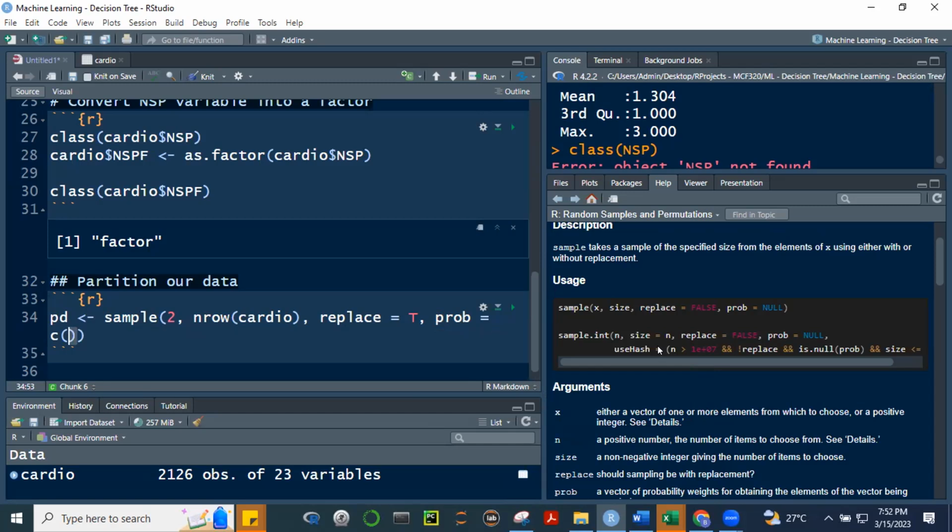Since relatively okay naman tong size ng observations natin, we can use 80% kasi 80% yan is around 1,600. So that means mga 400 thereabouts for our testing data. Okay na yun. So let's put here 0.8 and comma 0.2. Okay.